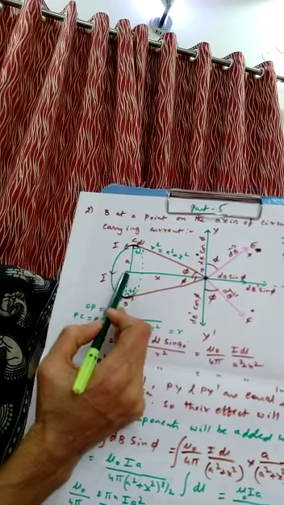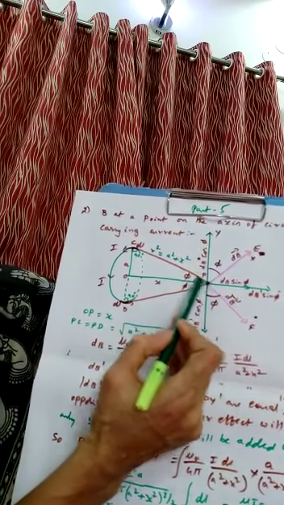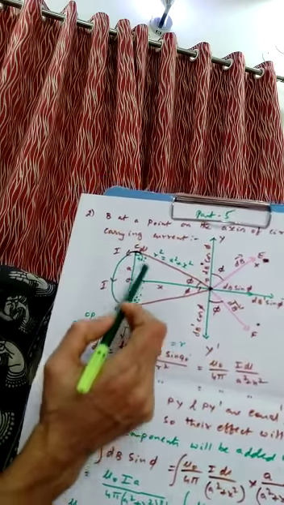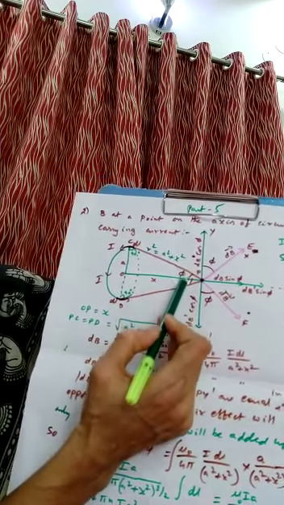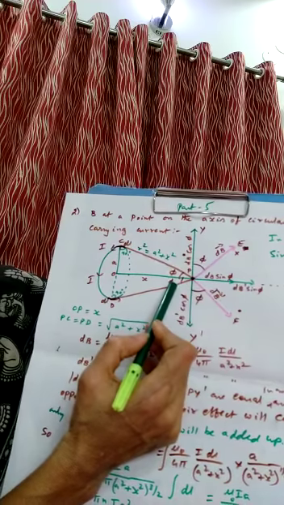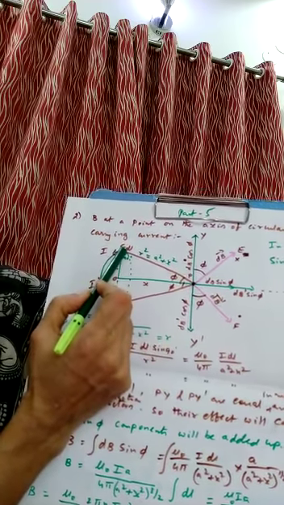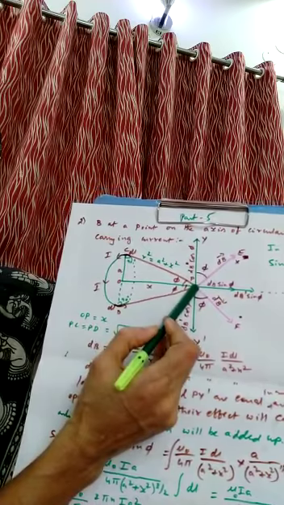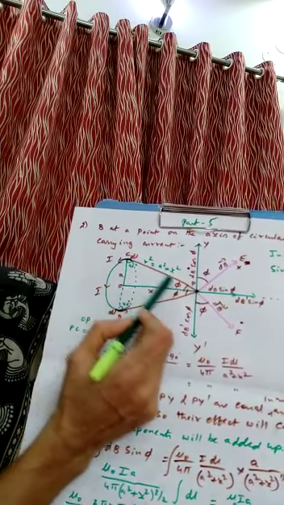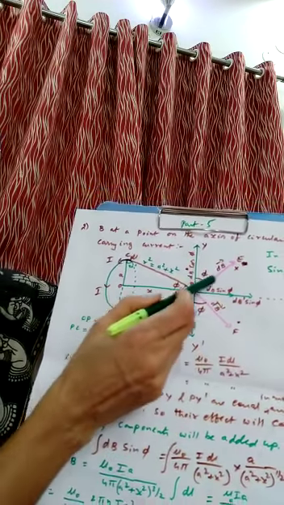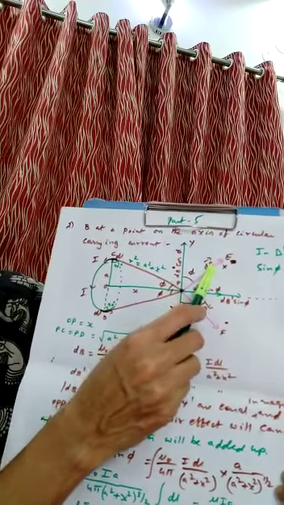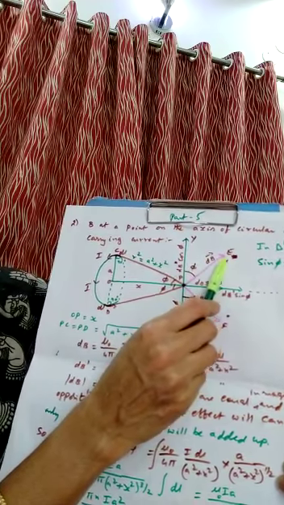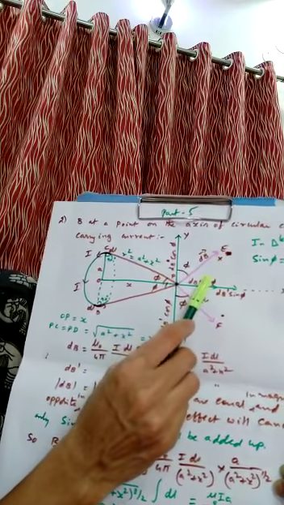Since this line OP is a perpendicular bisector, the angles made by PC and PD are equal, that is phi angle. Okay. Because of the element at C here, what is the magnetic field induced? See, the magnetic field induced is directed like this, according to the right hand thumb rule. This dB is the magnetic field induced. It is a vector quantity.